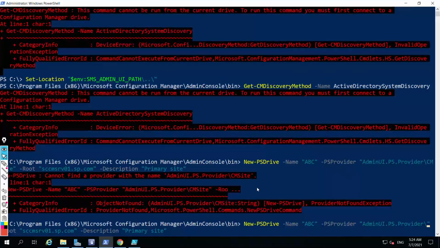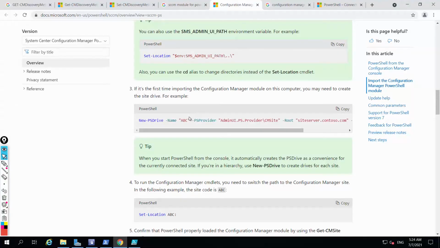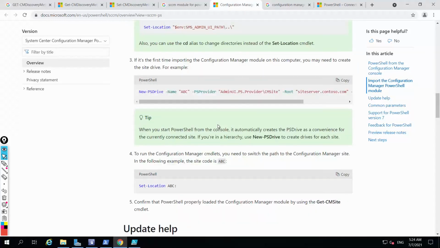Sir, we have to go to the root directory, right? Like C colon slash. Should we perform in this path only? You are in the bin directory right now. We need to set the admin UI path SMS. When we run this, it will directly go to the bin directory, where the PowerShell module is.